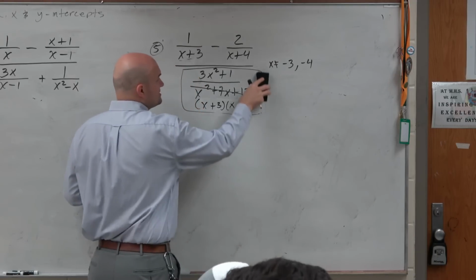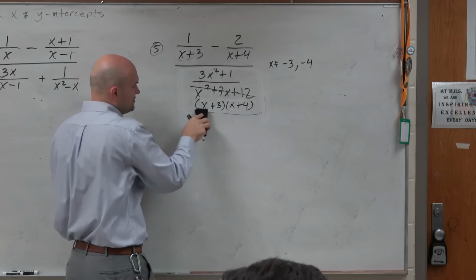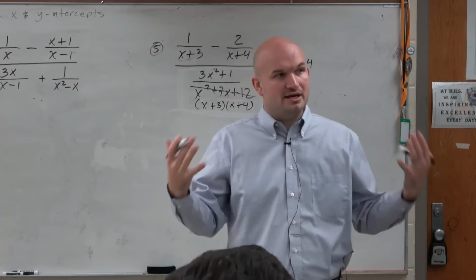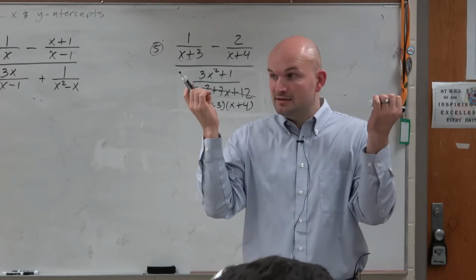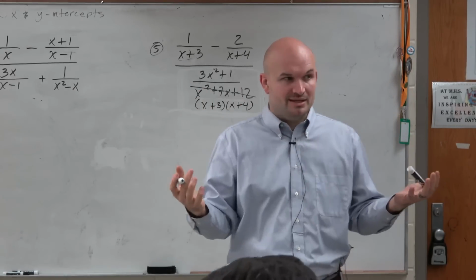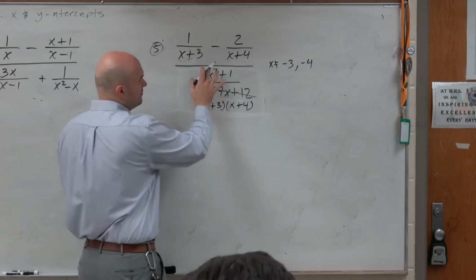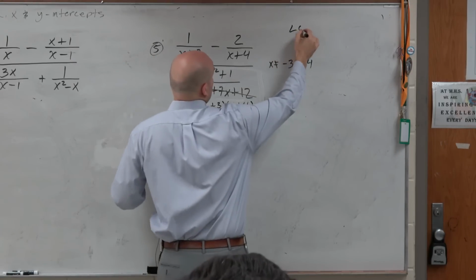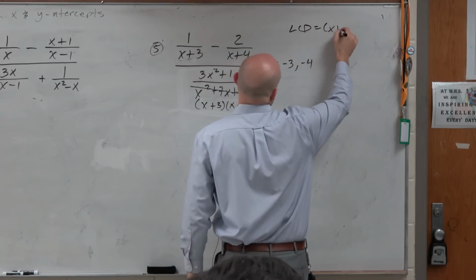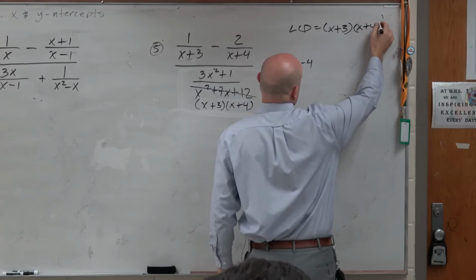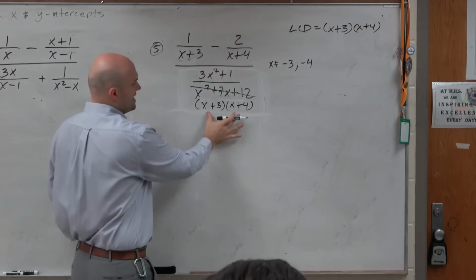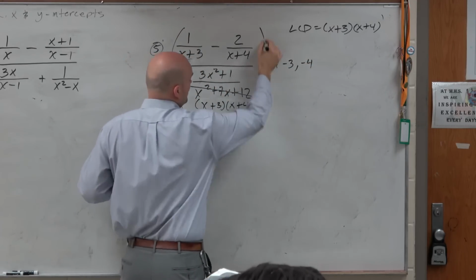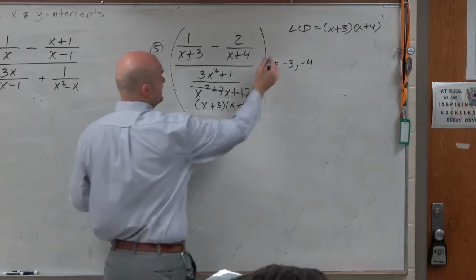Now what we need to do is simplify. So we can look at the restrictions, and now we're going to go ahead and simplify. The way that I like to simplify is just like how I taught last class period: identify the LCD and multiply everything by the LCD. So we identify the LCD is basically just going to be the product of the 2 denominators, x plus 3 and x plus 4, because obviously this divides into that, and these two both divide into that. So as I multiply everything times the LCD,